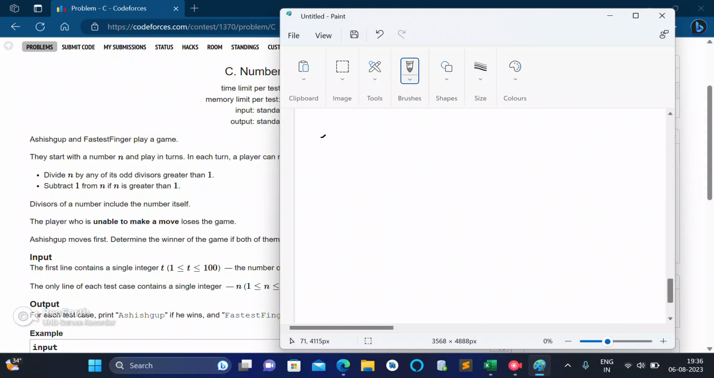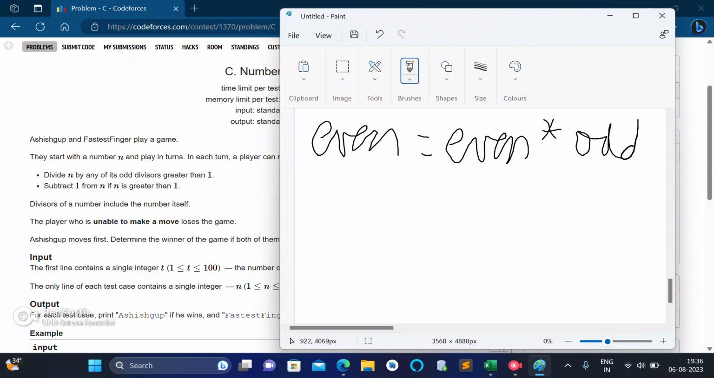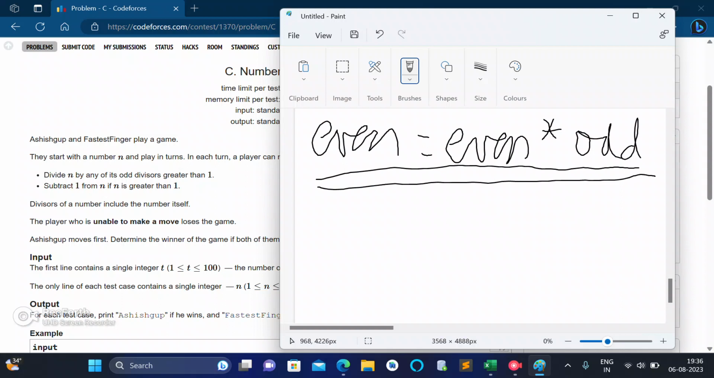Now let's come to case 2. When n is even, case 2 says that an even number is a product of even and odd. If so, there can be two scenarios, that this even number